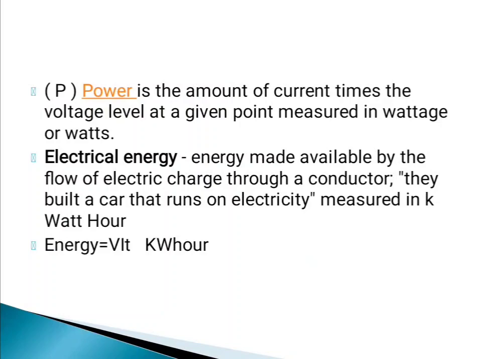E is the voltage, I is the current, or P is equal to E square by R, or P is equal to I square R. In place of that, you can represent any amount of value. Usually it is a multiplication of voltage and current. P is equal to EI or VI. V is equal to IR as per Ohm's law. So when you replace V with IR, it becomes I square R. So you can put the Ohm's law relation there, then you can find out the various equations of power.